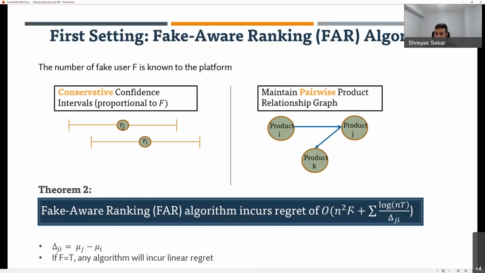Now, the reason why this is an improvement over the status quo is, remember what happened in the previous case. In the previous bad example, I had log t fake users and I had a regret that's O of t. That's extremely bad. Now, in this example, if you have log t fake users, my regret would still be O of log t. So that's a huge improvement over how these UCB type algorithms would work. So in settings where I know the number of fake users, I can use this knowledge to get regret that is linear in f and a traditional regret bound that's log t divided by delta.